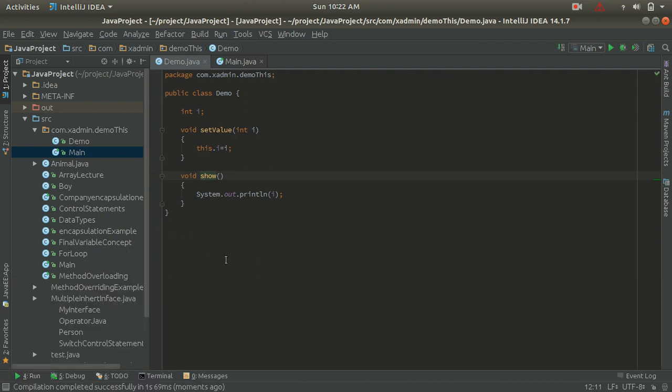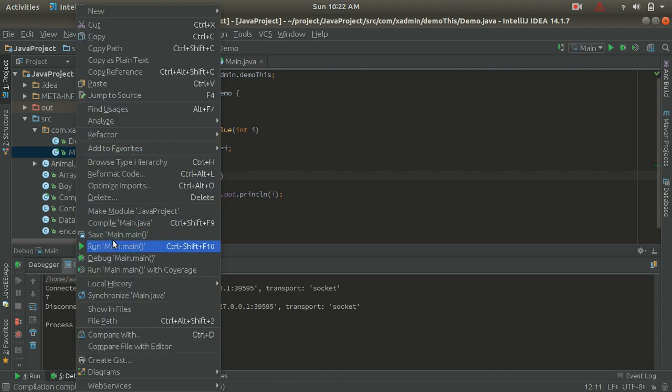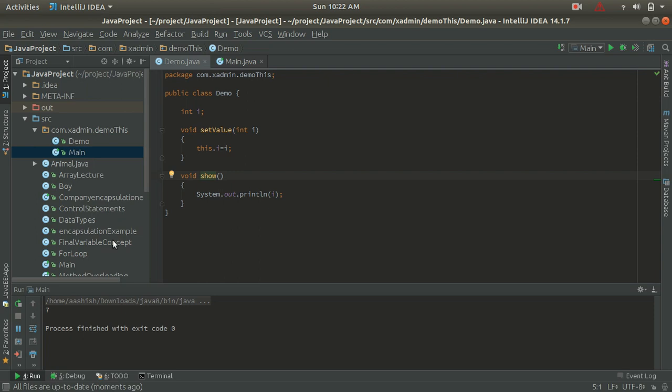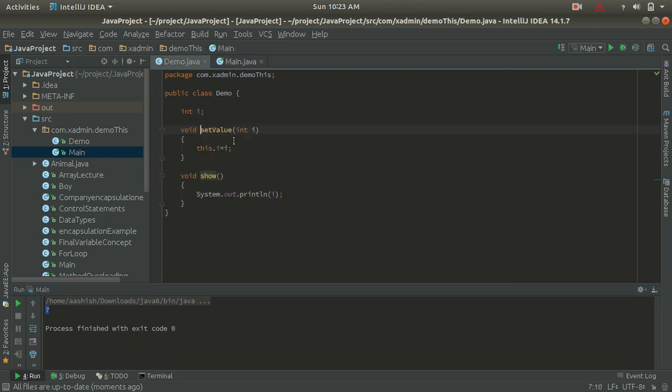I have run in the debug mode, no problem. So let's run again. Here you can see that we are getting the output as 7. So now it is going to store the 7 value to the instance variable if we are using the this keyword.